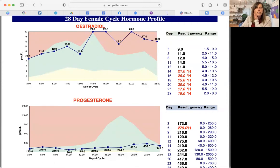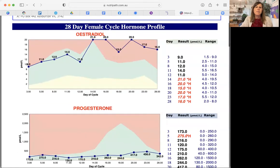That's where your progesterone levels should rise in the second half of your cycle, and you should be able to produce a lot more progesterone, kind of following this mountain bell curve there. So on this test result, you can see that estrogen levels do spike at day 14, but it spikes multiple times. So it's spiking at day 11, then it's dropping. It's spiking at day 12, and then it's staying up there, and then it's dropping, and then it's spiking again